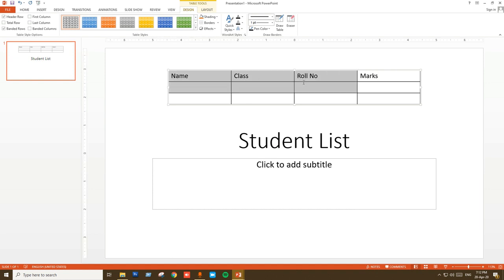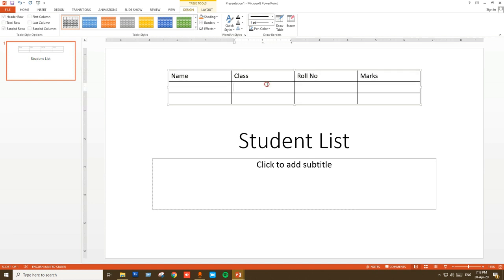I have to align the text which is there in this table. First of all, the headings should be center aligned. That means it must come in the center of the cell, where my cursor is. All these are left aligned right now. You all know what alignment is, as we have already discussed alignment in word processing software like MS Word. In PowerPoint it also means the same. So to do that, I will select